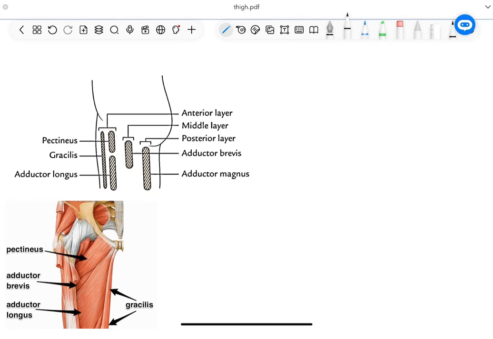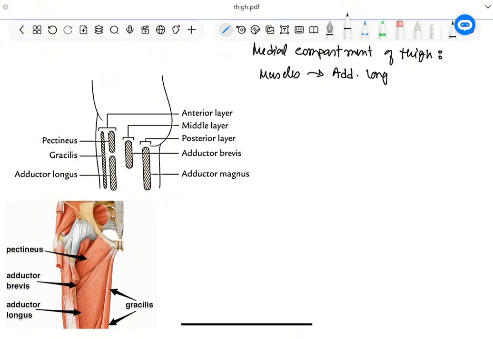Now, let us start to describe the medial compartment of the thigh. The medial compartment, another name is the adductor compartment, because most muscles will do adduction of the hip joint. So, let us start. What are the muscles? The muscles of the adductor compartment are adductor longus, I am writing in shortcut, then adductor brevis, then adductor magnus, then gracilis, then pectineus